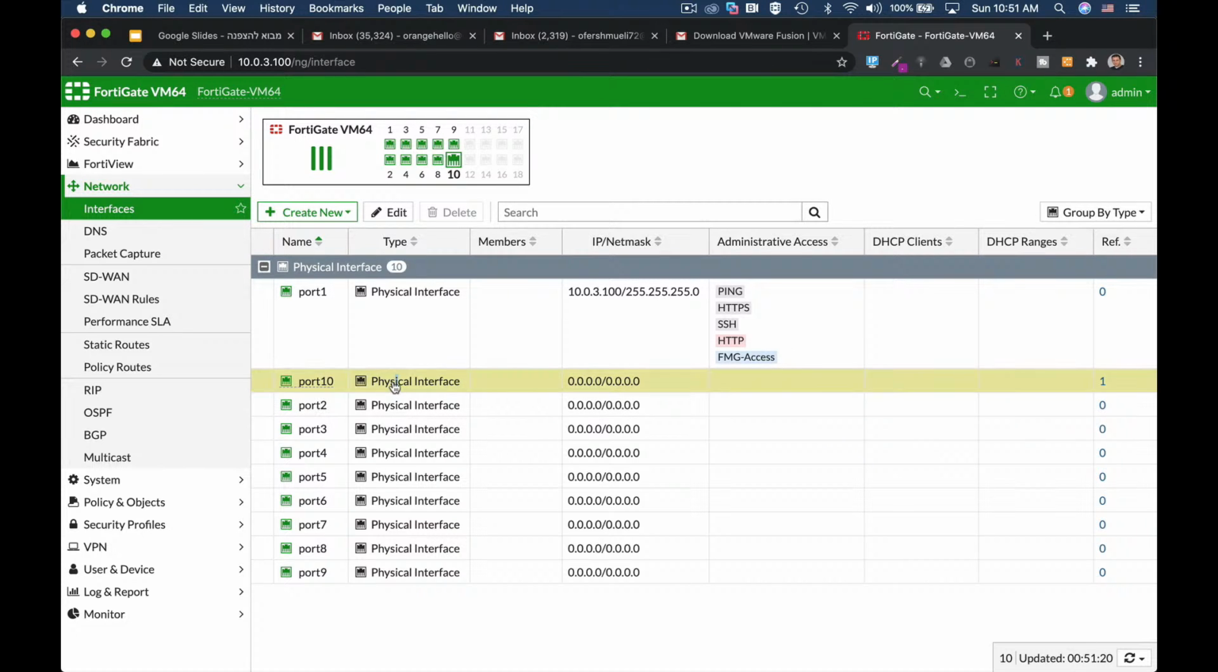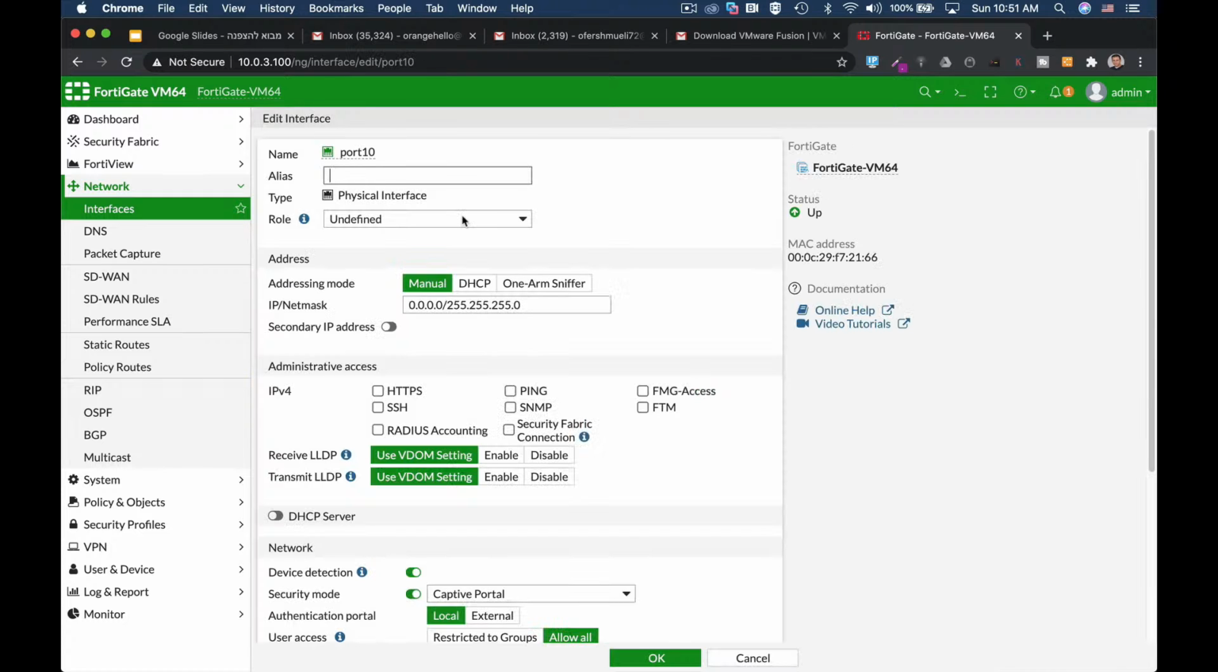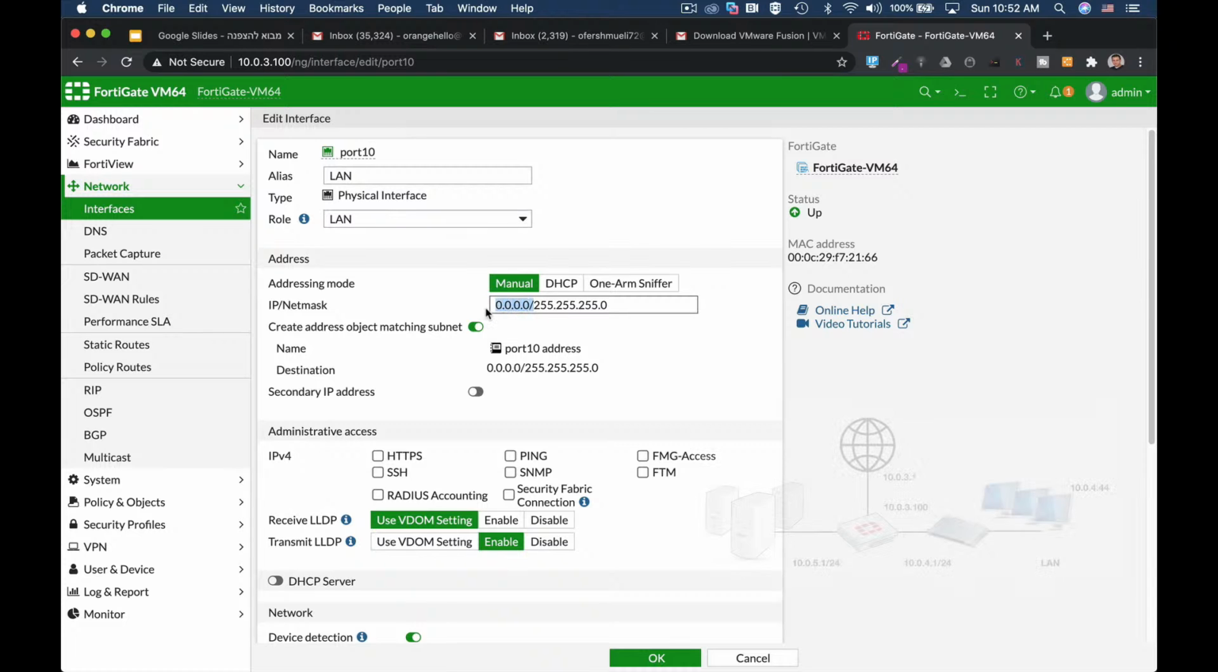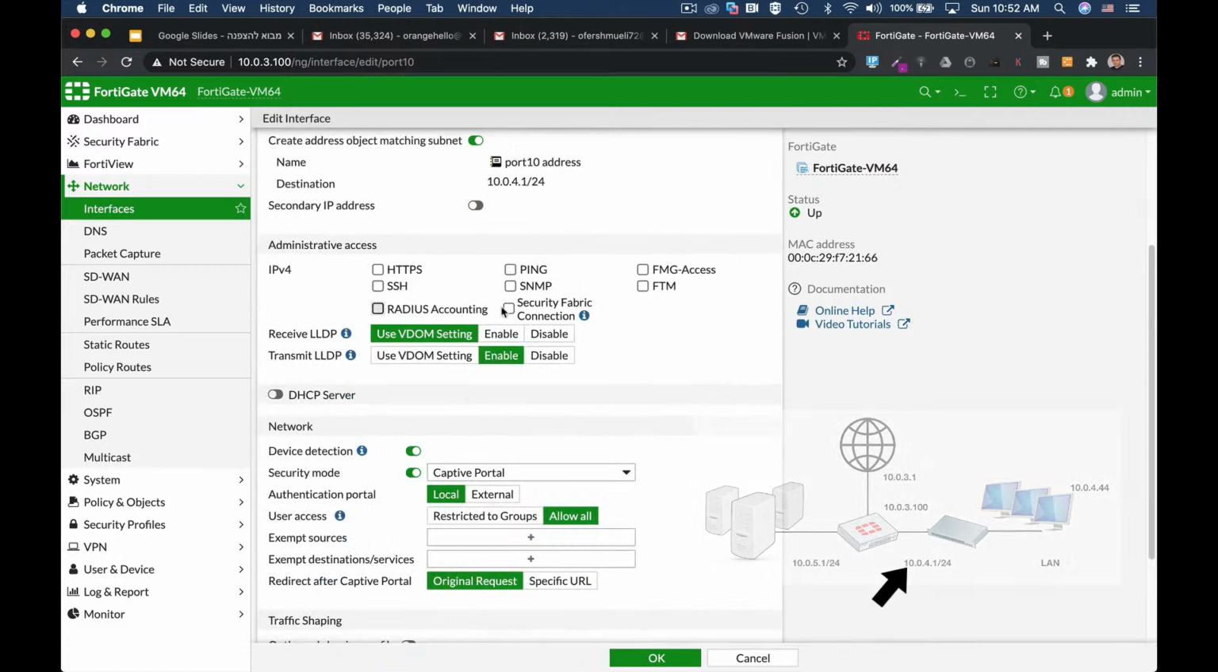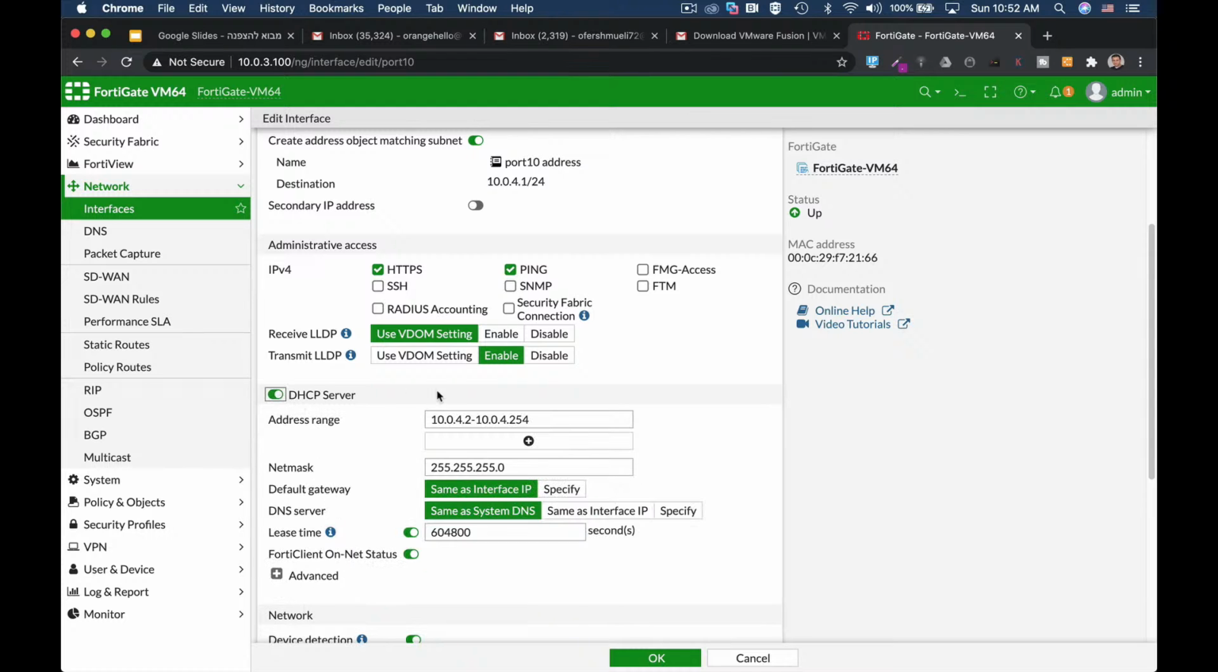So choose your interface of choice, edit. Now name your interface. I will name it LAN, and choose its role. Different roles mean different settings, but our role currently is LAN. We will configure the IP address of the gateway itself, that is 10.0.4.1/24. Another thing that we need to configure is the administrative access. We will use HTTPS to connect to that interface. We will also allow ping, and we need a DHCP service that will run on our interface,